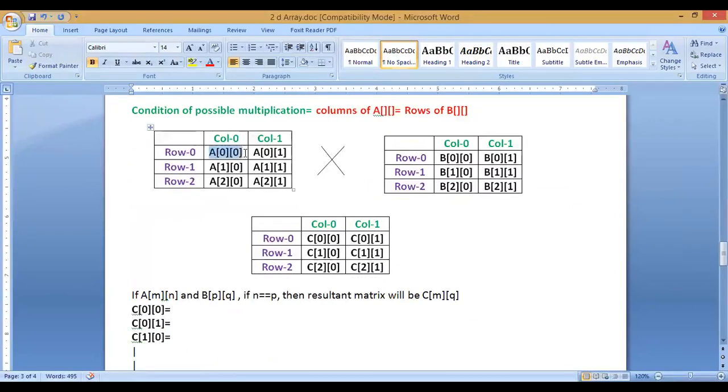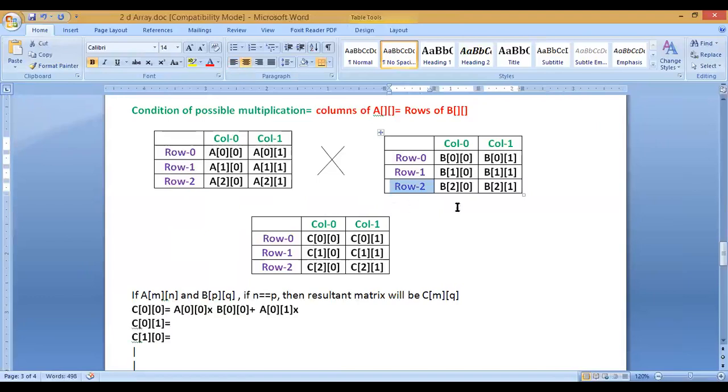You can find this first row. So first row, first column will be multiplied with this element, right? Then we will take the second element of the first row of the first matrix and multiply with... this is actually 2 cross 3, and this is also 2 cross 3. So this will not be the case. I should make it clear, or at least I should make it right. It should be multiplicable first, right? So if there is any doubt, you can ask me anytime.